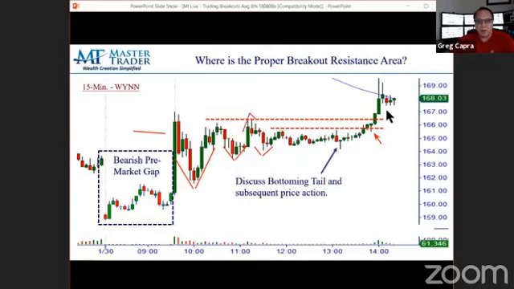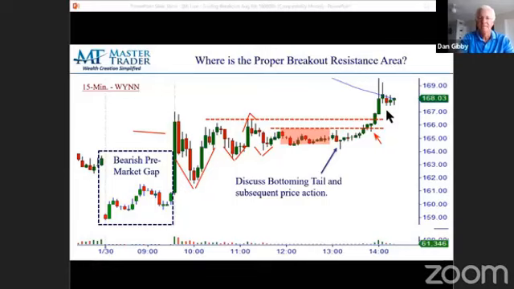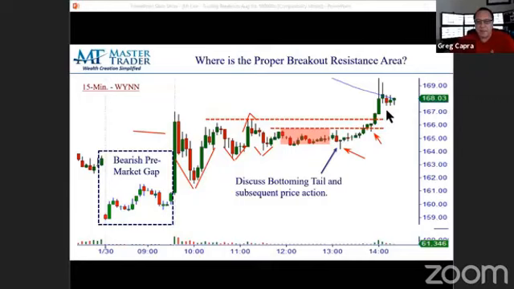And of course, so are the sellers. So it becomes a battle. Who's going to win the battle? We're observers kind of watching the bloodshed going on here without participating. Sellers are getting destroyed on both sides. But now what begins to happen is, look at how the pattern begins to tighten up. It's like, okay, they're getting tired. And this bottoming tail that Dan pointed out is like, oh boy, right? It dipped down and it sprung right back up again. And here it's tight again. And that bar right there,